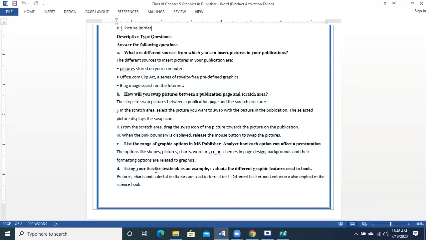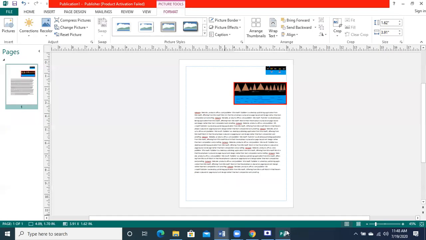You can take a picture from your computer. You can take a picture from Google search, and you can take a picture from clip art. Clip art is also an option, where you have got some pictures from the Microsoft collection, which has been given to you by Microsoft itself. So basically, these are the three areas using which you can insert a picture in your document.